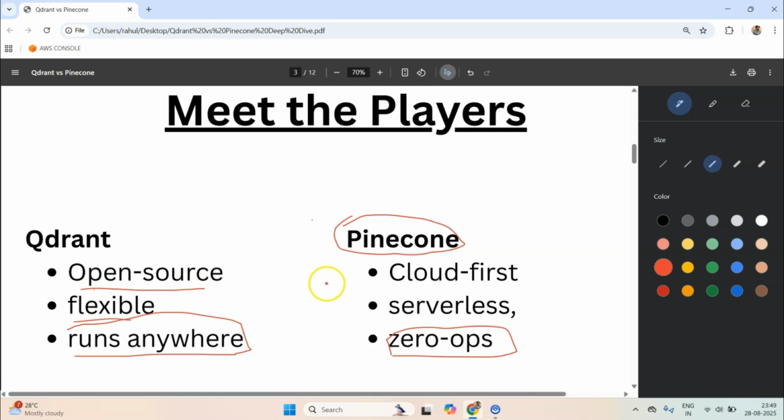On the other hand, Pinecone is a cloud first vector database, which means that you don't get its package as open source code, but rather you get a managed cloud based environment in which you can upload your vector data and make similarity searches. It is serverless. Now serverless is a very loaded term, and the way we can describe it is very simple: you don't have to manage your servers. You put this burden on Pinecone, and Pinecone is going to manage that for you.